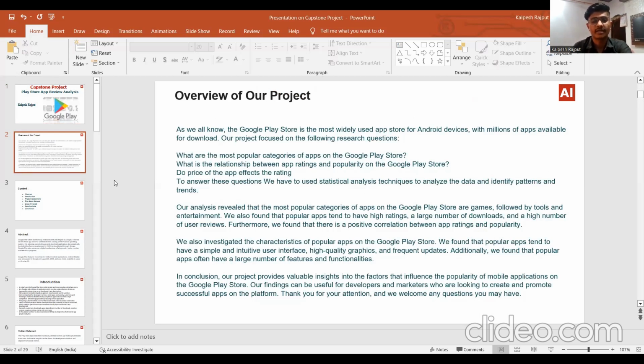Overview of our project. As we all know, the Google Play Store is the most widely used app store for Android devices. With millions of apps available for download, our project focuses on the following research questions. What are the most popular categories of apps on the Google Play Store? What is the relationship between app rating and popularity on the Google Play Store? Does the price of the app affect the rating? To answer these questions, we have to use statistical analysis techniques to analyze the data and identify the patterns